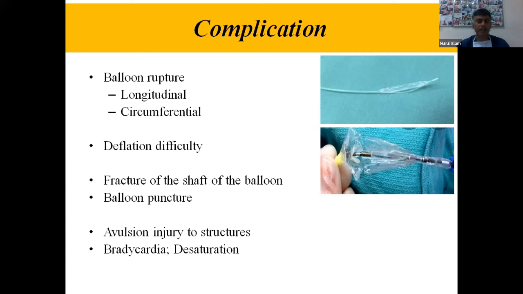And the balloon length is very important, because once you are doing the procedure, relieving the blockage, a longer length can cause problems to the surrounding structures, like when you are ballooning pulmonary stenosis. If the length is very big, it can cause damage to the tricuspid valve leaflet, chordae, or the distal branch pulmonary arteries. Complete occlusion can cause bradycardia and desaturation, because complete occlusion of the tract causes less cardiac output and low saturation.